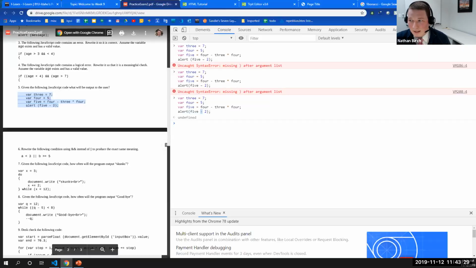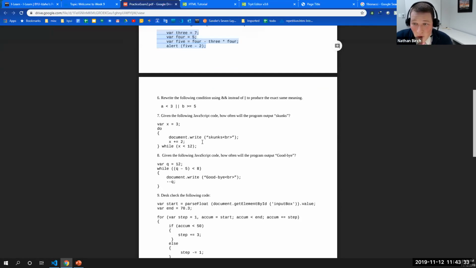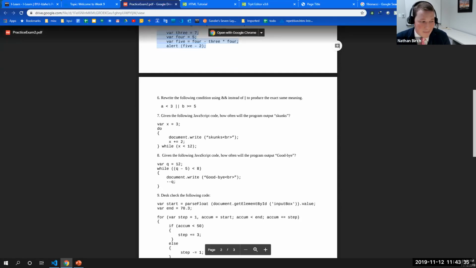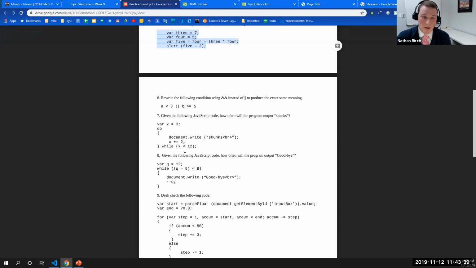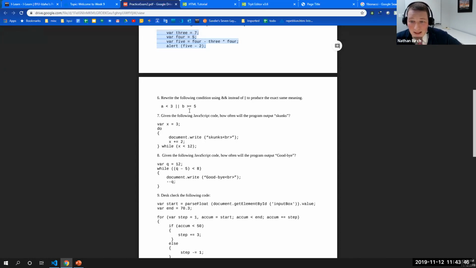All right, let me close this. Next one. Rewrite the following condition using and instead of or to produce the exact same meaning. So these ones are kind of tricky. Again, you have to think about the ranges that these will encapsulate. Right now I'm saying A is less than B or B is greater than or equal to 5. All right, so I'm going to copy this